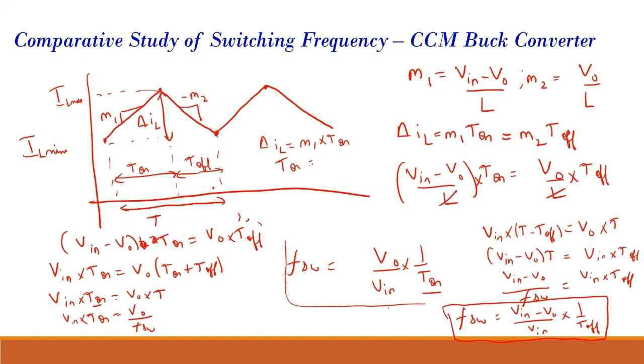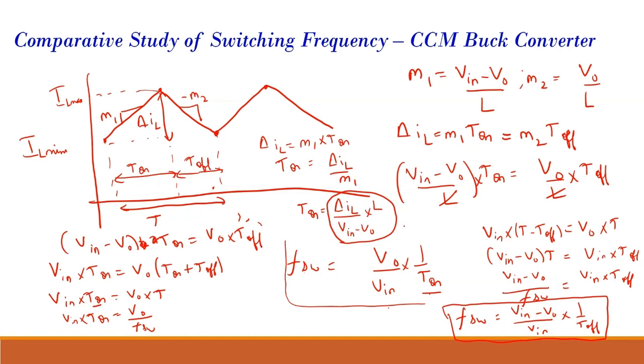And your T on is given by delta IL upon M1. So T on is equal to delta IL upon (V in minus V output) into L. This is M1. So in place of FSW, we replace it by this, and in place of T on, we replace it by this, then we will get the formula for switching frequency